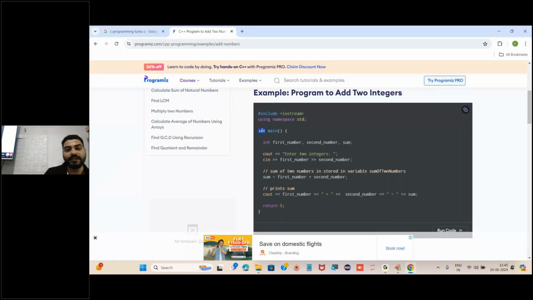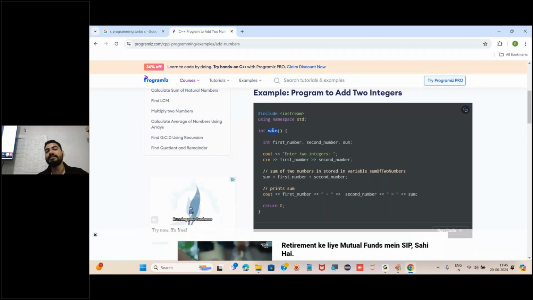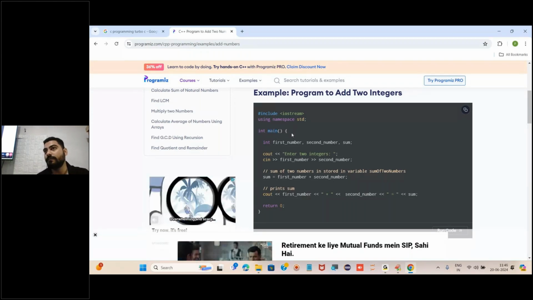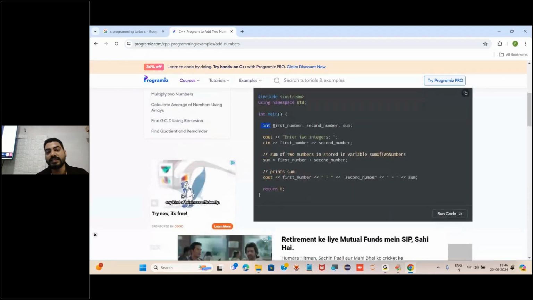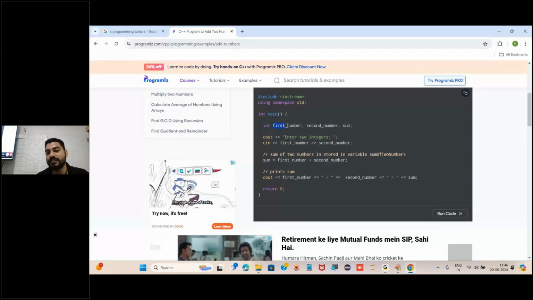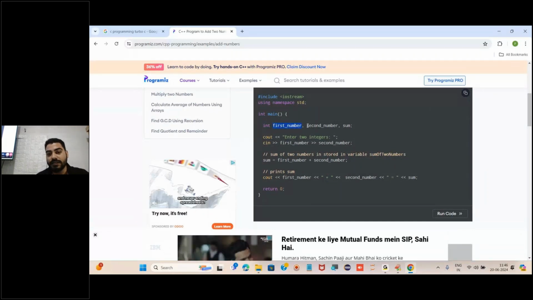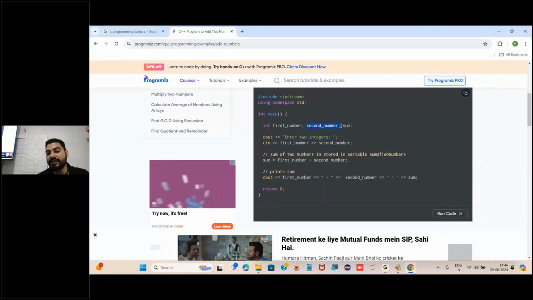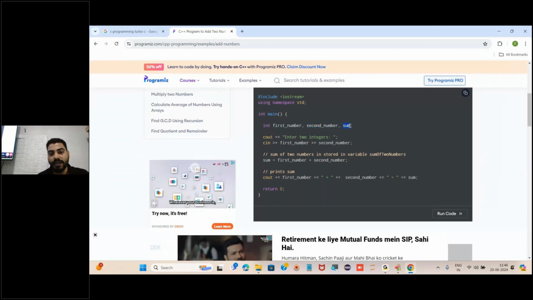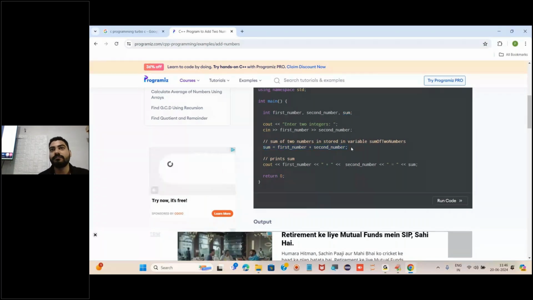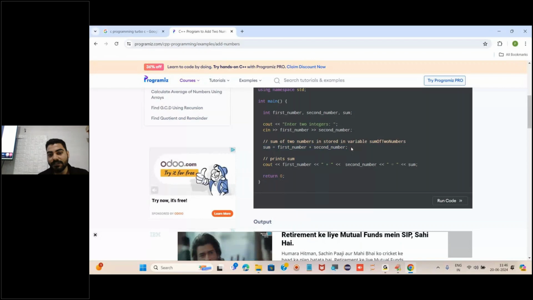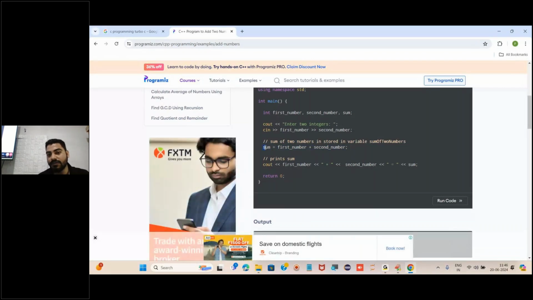Let's come back to the topic one more time. What is a dynamically typed language? If you see here, for initializing the variables, first is the first number, second number, and what are we taking? Sum. The operation for addition is plus, right? So plus is the operation. Here we are taking sum as also one of the integer data. If you check here, what is it? Int, integer, right?